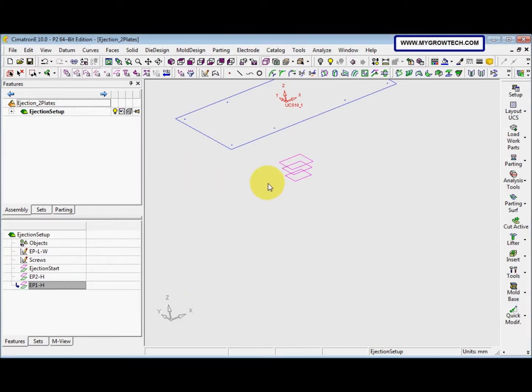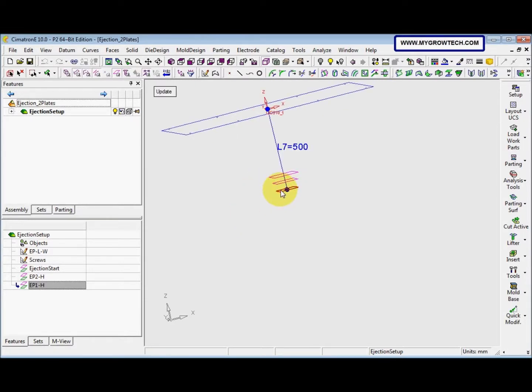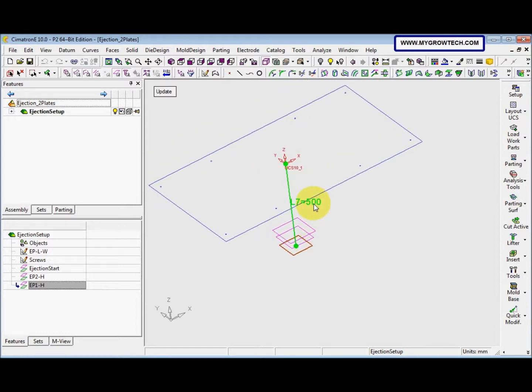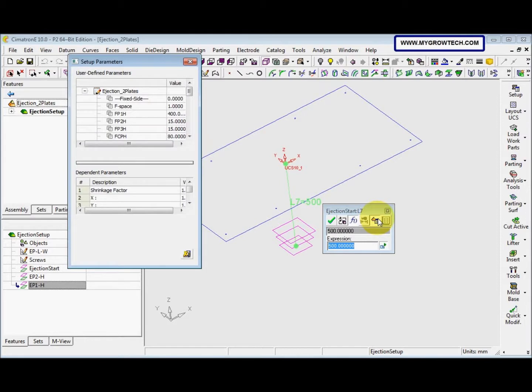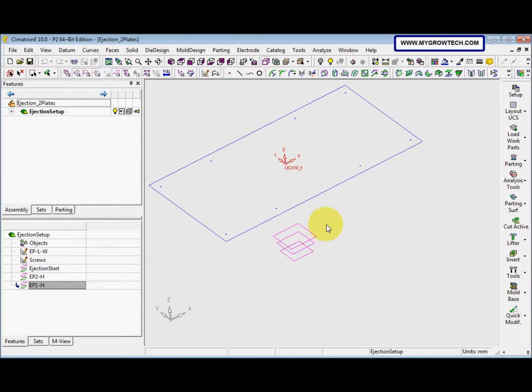Okay, and then we double click the ejection start, and we go to the setup tables here, and we set the dimensions. We select the M space, and then plus 1H plus 2H plus MP3H plus the rails H, and then minus 5. Okay, middle mouse button,